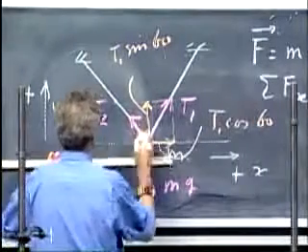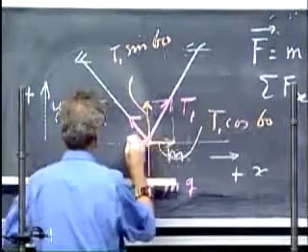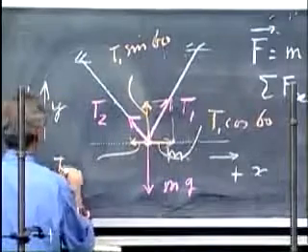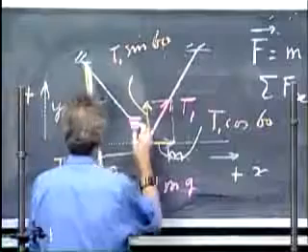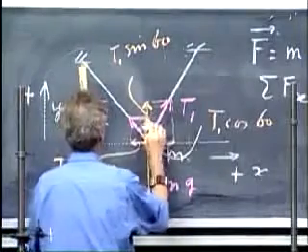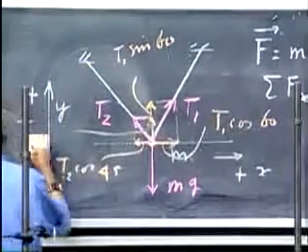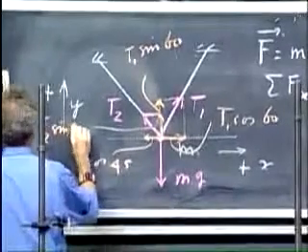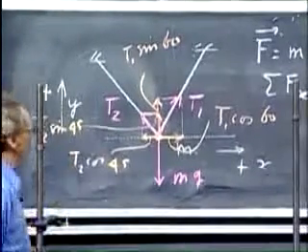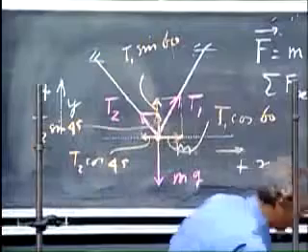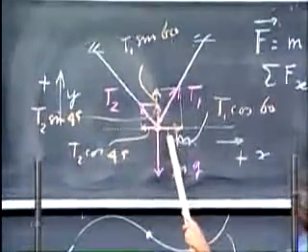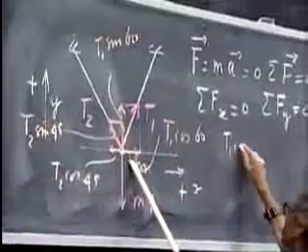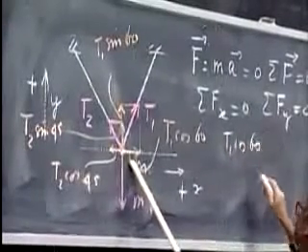This projection, T2 cosine 45 degrees, and the y component, T2 times the sine of 45 degrees. So, we go into the x direction. In the x direction, I have T1 cosine 60 degrees